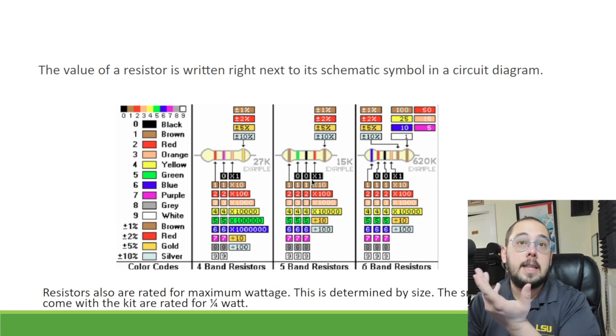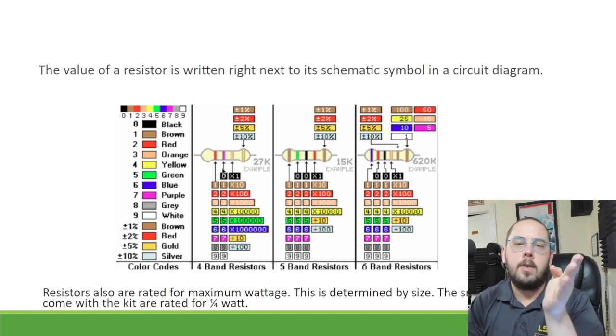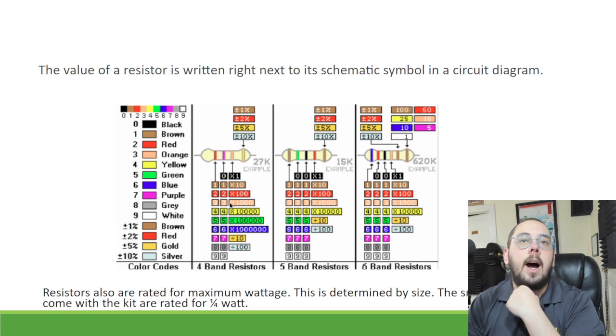As you look at the bands, the first one is going to tell you the first digit of a number, and then the second one's the second digit, and so on, until you get to the second to last band. And this is going to be a multiplier. So we're going to multiply this first number we got by some amount,